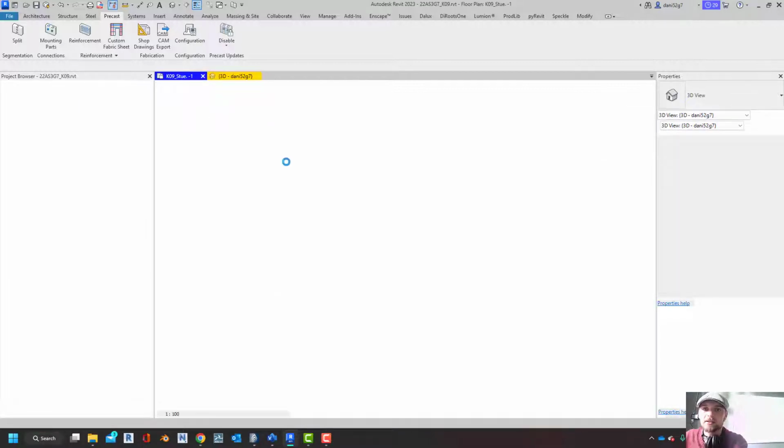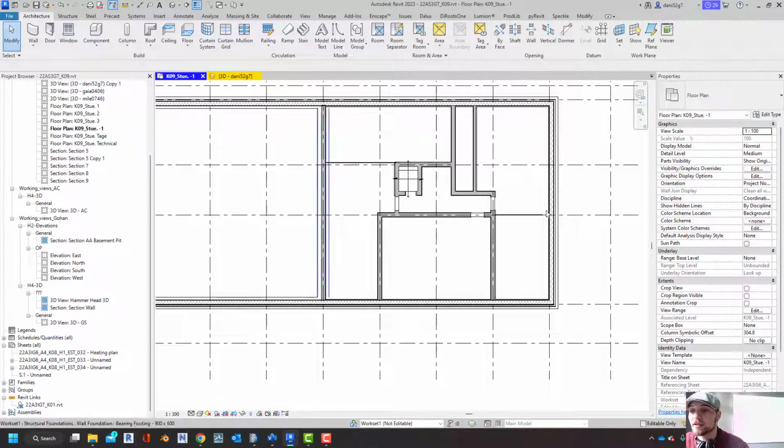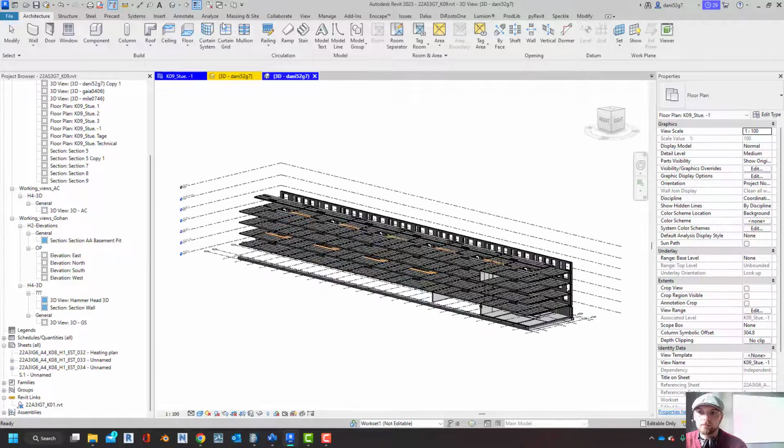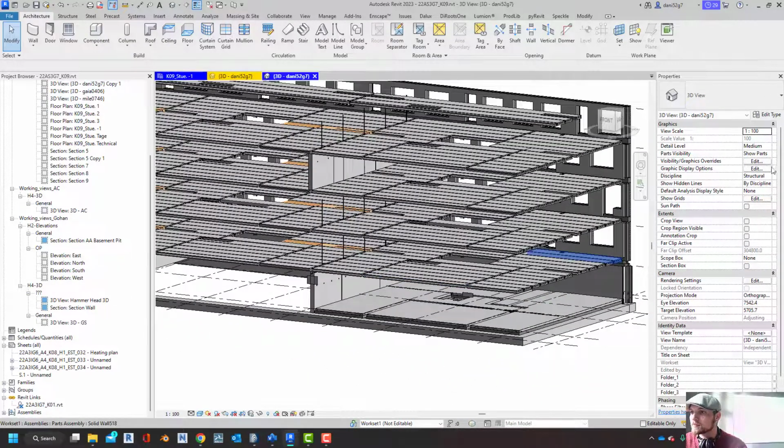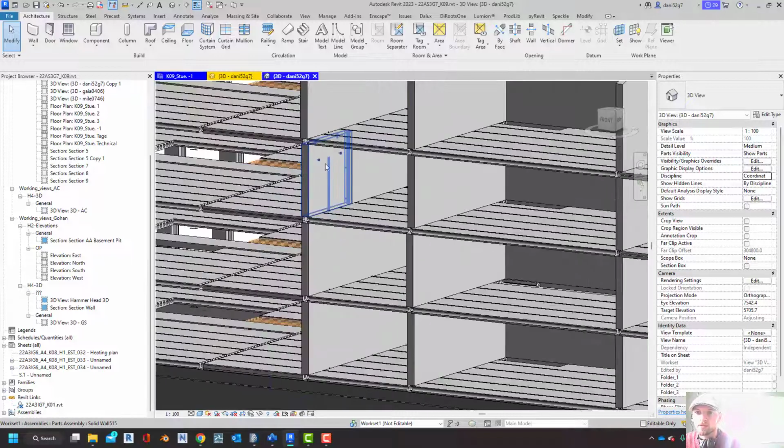So, next let's just start importing the load-bearing walls, and then I'll show you guys how to split those in order to achieve, let's change this to coordination again. There we go. You can see I've already split a couple here